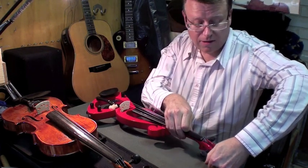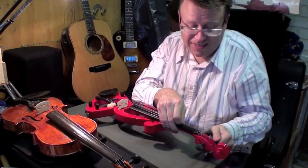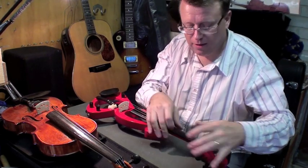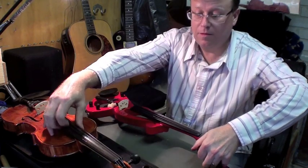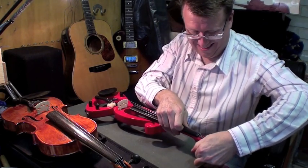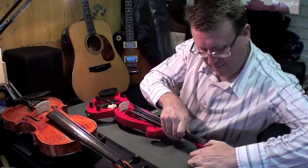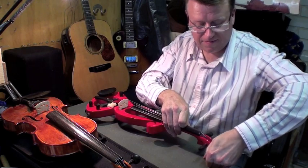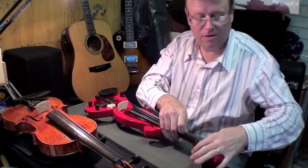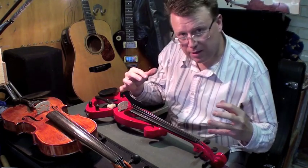Check that the strings are in the slots, and then nice, and then go back to our D and our G. So we slowly bring them up to tension, and then do the high E. That's it, we're nearly there, and just nip them up. Obviously once the tension comes on, the other strings are pulled slightly slacker, and then we slowly bring them up